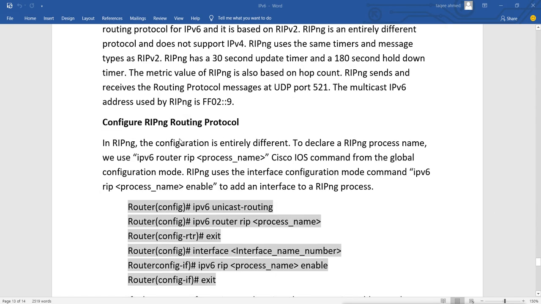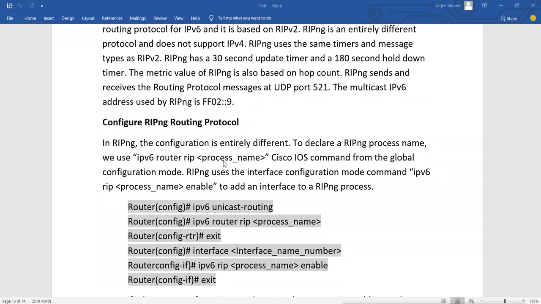Now in RIPng, the configuration is entirely different. When we go for dynamic routing, the configurations are different from the normal configurations of a dynamic routing protocol. To declare the RIPng process name, we use ipv6 router rip and then the process name.